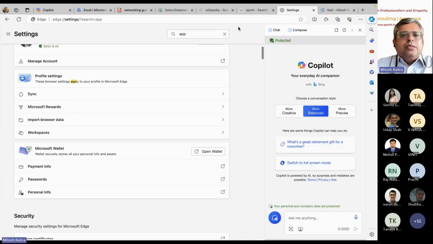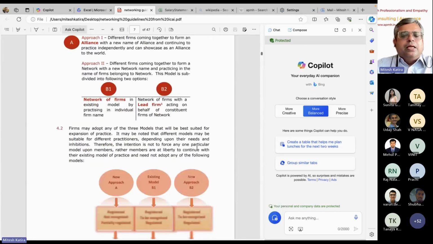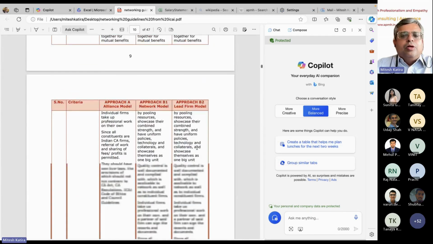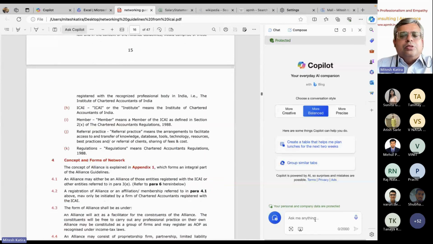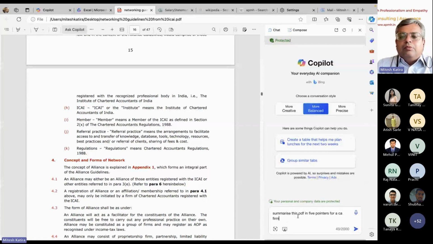So, okay. Now you can go to this, and this is a large book. Uday bhai and all of you would appreciate, as chartered accountants, your costing, accounting and all these books are there, right? So I can just say: summarize this PDF in 5 pointers for a CA firm to understand.